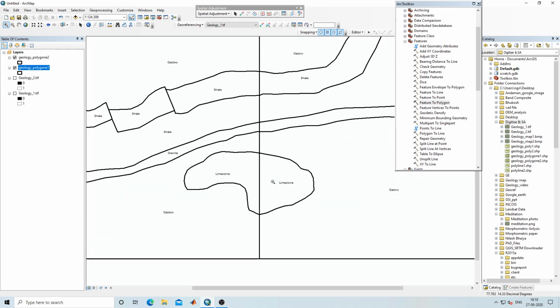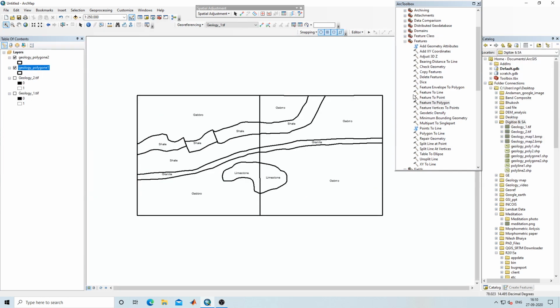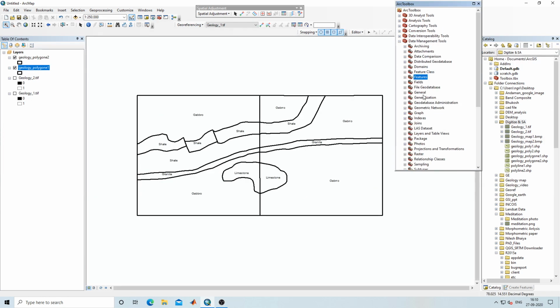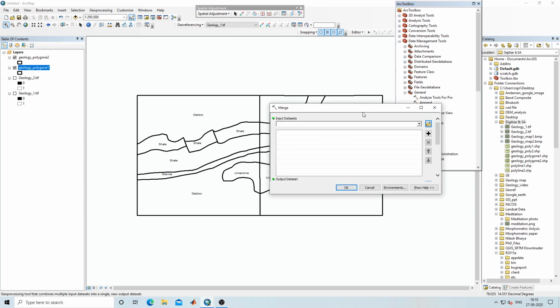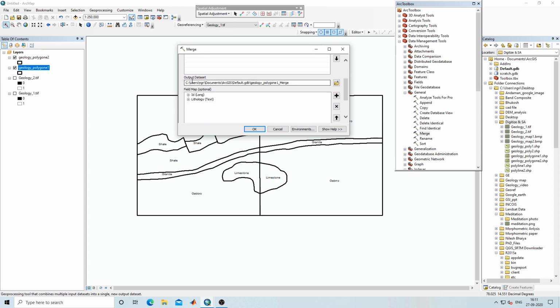First we need to merge it. So here are two different images that we want to merge. To merge this, I will go to data management tool, then general and merge. Here for input data set, I will select both geology 1 polygon and geology 2 polygon. After that the output data set is there.